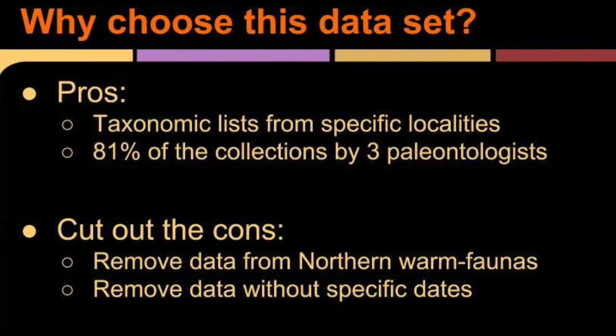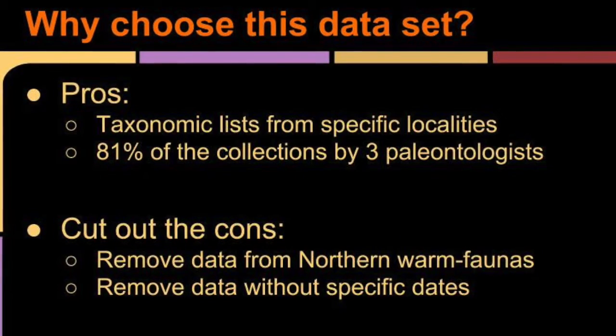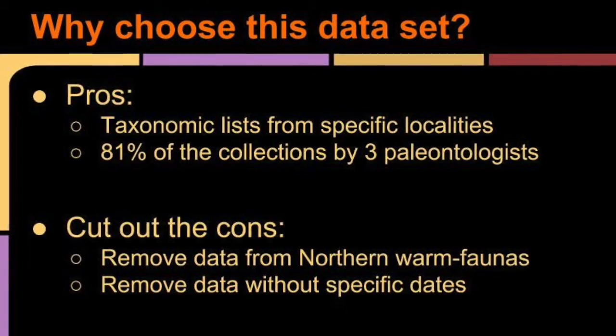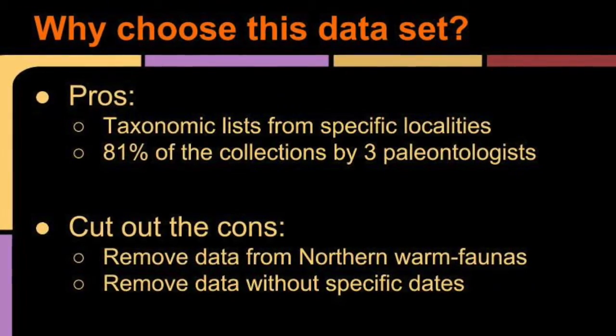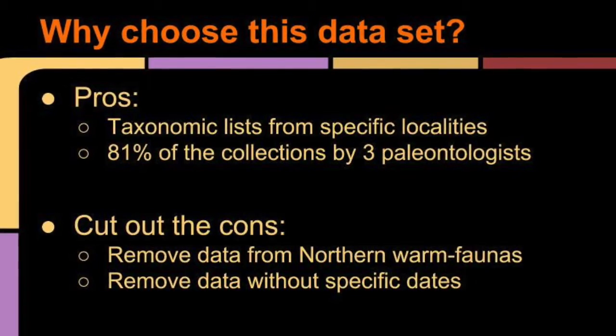The majority of this data set comes from 3 paleontologists who worked together, making their data extremely reliable, as there were 2 people checking each other's work at all times to avoid possible mistakes. Taxonomic consistency was very high. In order to make sure that this was the most accurate data set possible, data that was not extremely reliable